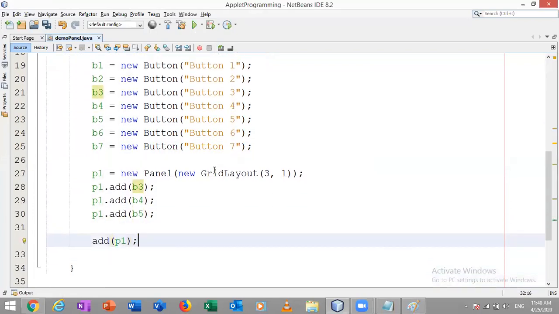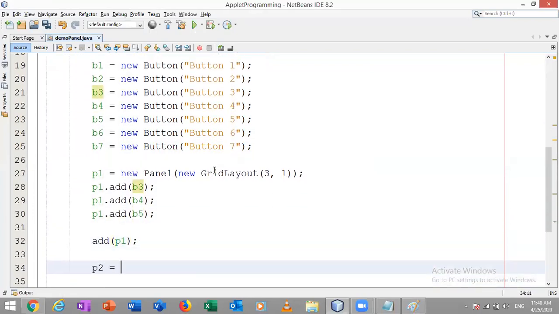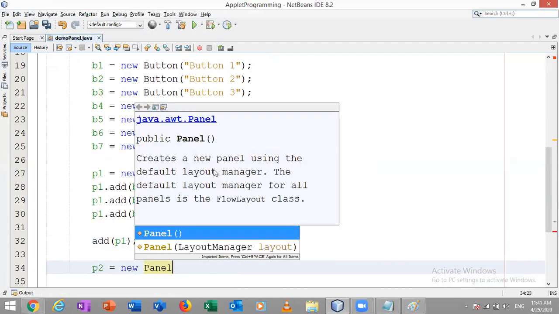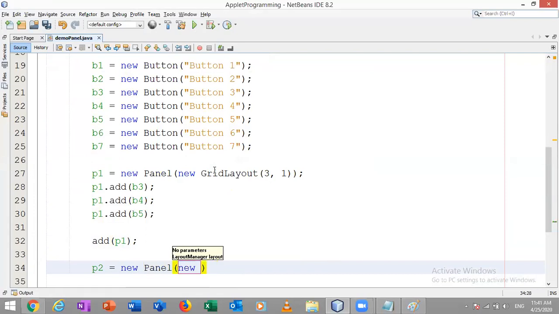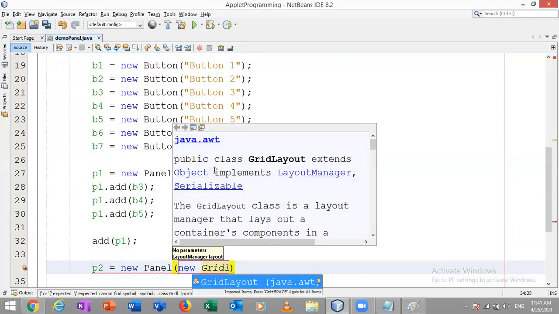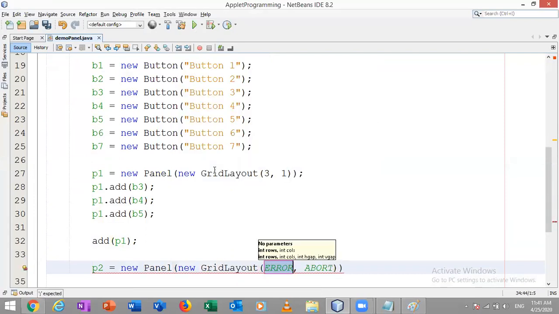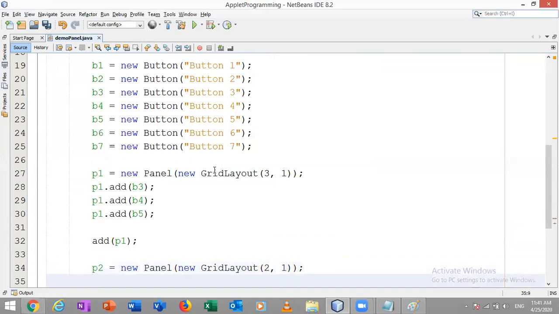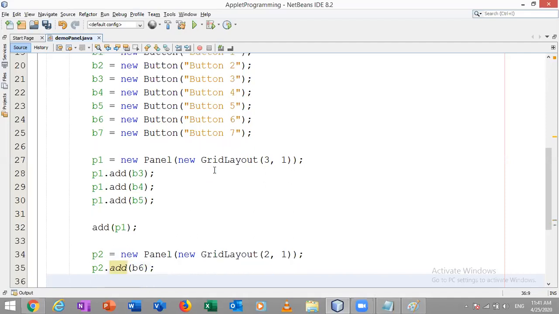Just create the object of panel P2. P2 equal to new panel, and again let me set the grid layout, where number of rows are 2, number of columns 1, and add the remaining button into P2. So P2 dot add B6 and P2 dot add